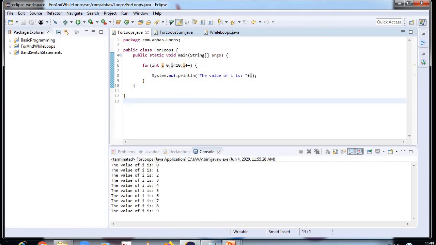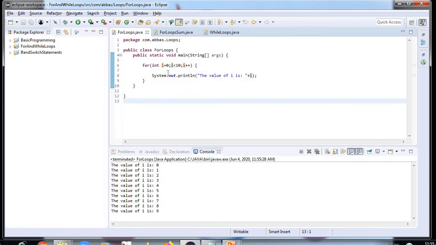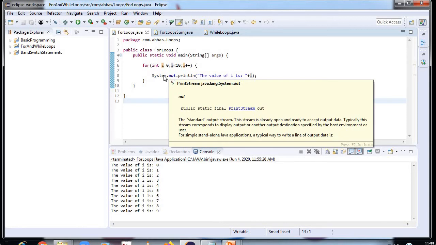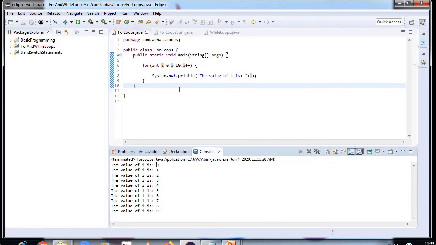See, you can see from 0 to 9, because it starts from 0, as I have written over here. 0 is less than 10, answer is yes, so it will print 0. Then it will come to 9. 9 is less than 10, answer is yes, it will print till 9. 10 is less than 10, answer is no, so the condition is false, so it will stop the loop right here. So this was a very simple program, in which we saw the for loop.